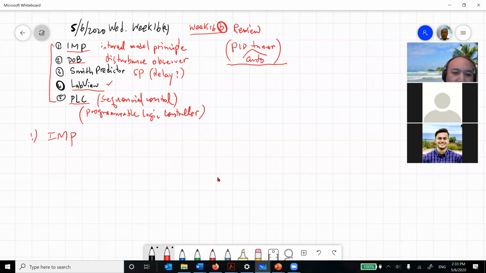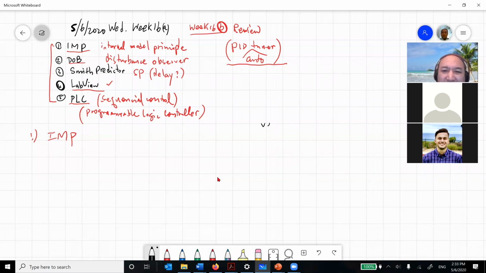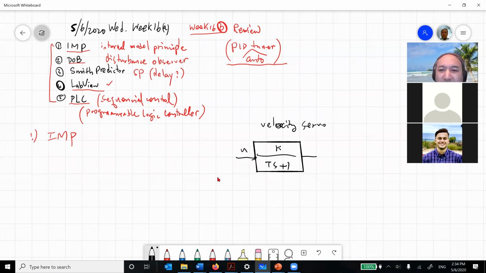So what I'm going to do first is IMP. The story starts by considering a motor velocity servo system, simplified. You add a voltage, then you are going to have a speed, right? You could also have integration, theta is the position. So you can see that we have an S in here. If we do a speed servo here,